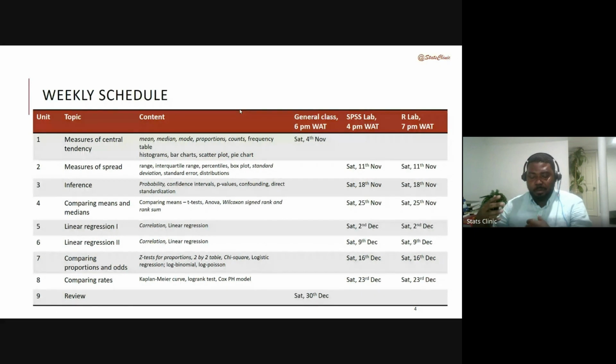Basically, they're going to go through the same materials broadly, not completely, because sometimes SPSS might not be able to do something, SPSS might be able to do more, R might be different. So we will have these sessions, SPSS and R, and you can bring questions to that class. If you have material that you've looked at during the week that you're having trouble with, bring it. We ask that you please have looked at the material during the week before the weekend session. That's how everybody is going to benefit from the session.